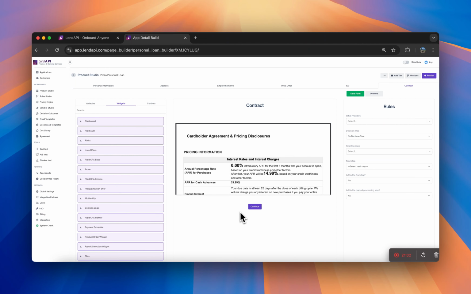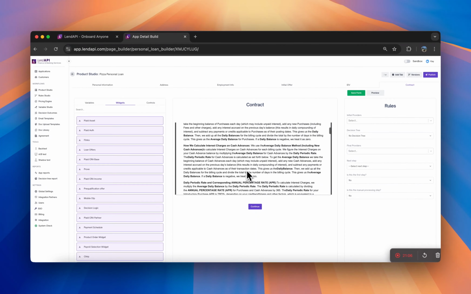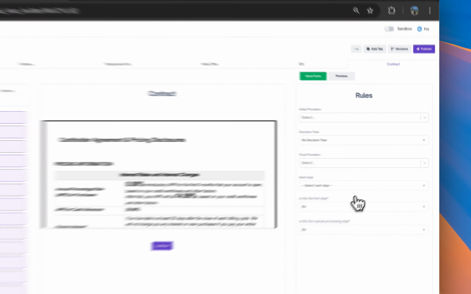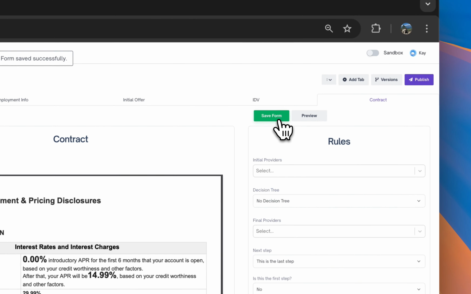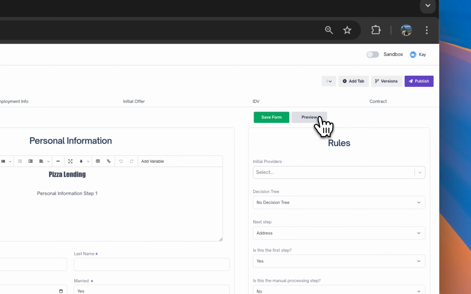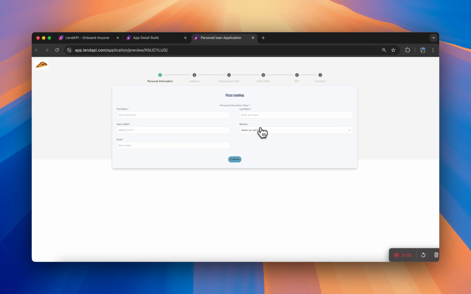So this is not what the actual agreement will look like. This is just a preview of what it's going to look like. So for this, I think this will be our final step for the user in this application. And let's save this form and let's take a look at the preview of the full 6 steps within